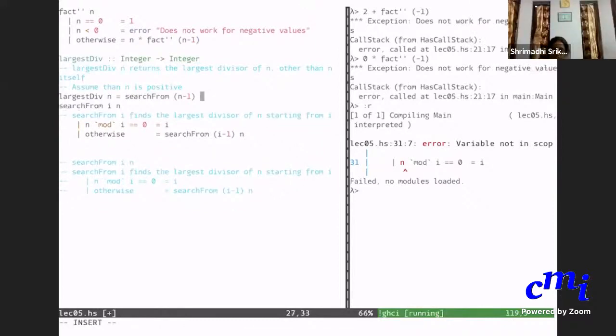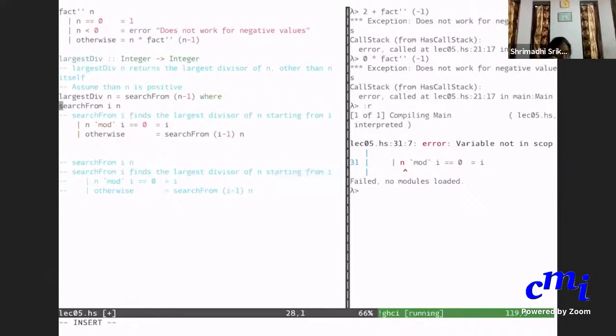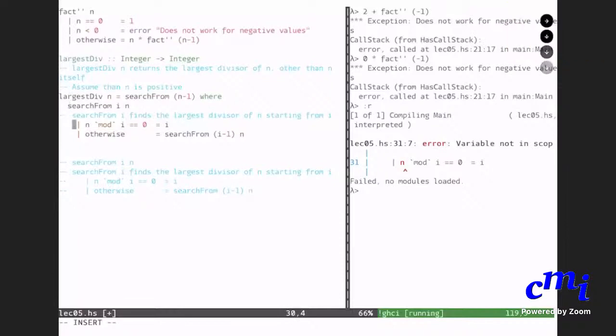So when it's global, it doesn't recognize n, so you have to define it again. Yes, so you have to give it as an argument. It doesn't know what n means, so you have to give it as an argument. But whereas if you keep it local, you don't need it.